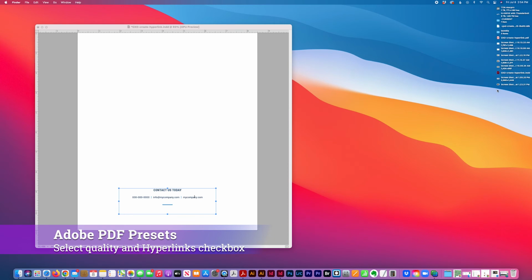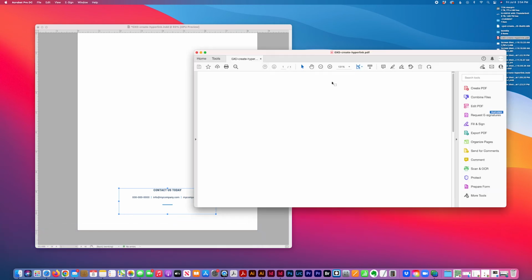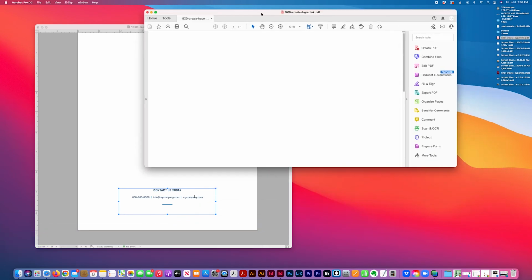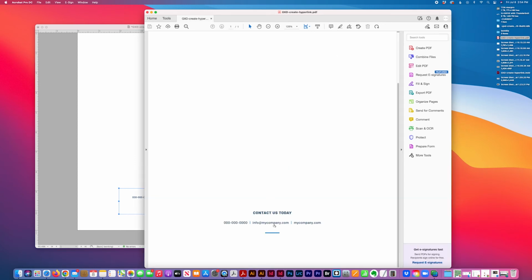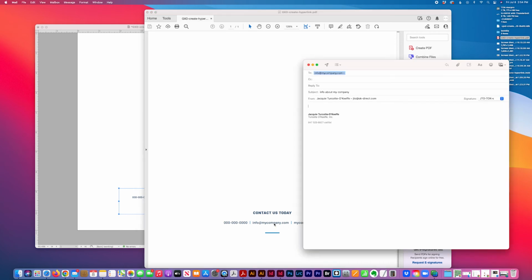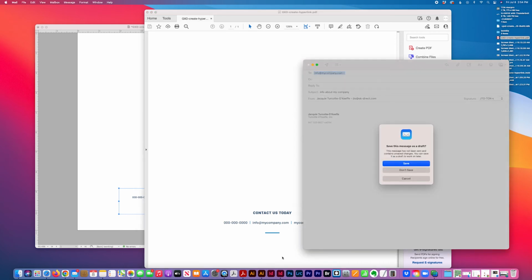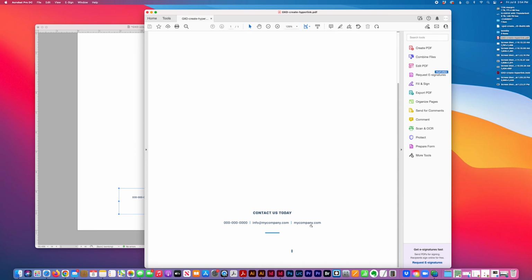and then when I open it up in Acrobat, you can see at the bottom here that this is hyperlinked, and it'll open my email and it'll try to go to my company. So that's it. That's how you create a hyperlink in Adobe InDesign and then export to